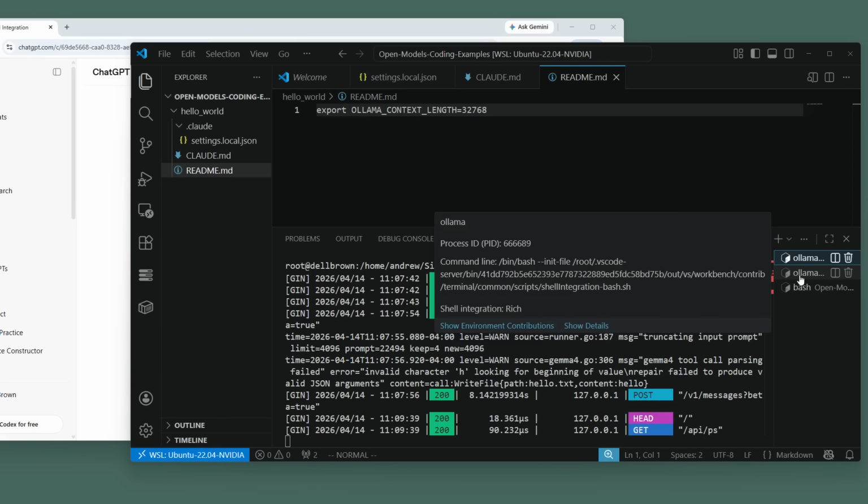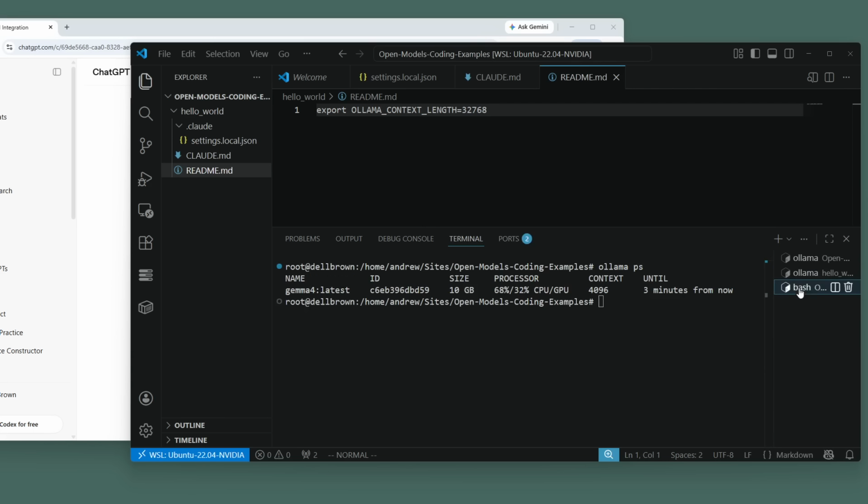Because we're not running the model directly, I'll go over to here and say ollama list. I guess we can see it right there. So ollama stop gemma4:latest. I would think the larger context would take up more of our memory, so that might be another thing we need to consider. And so it appears to be